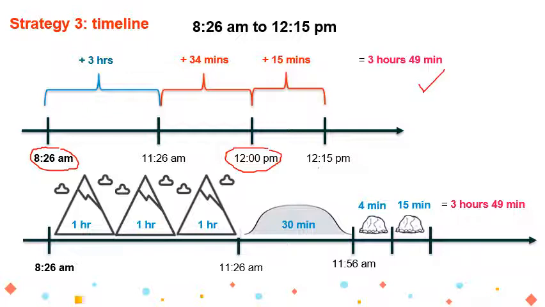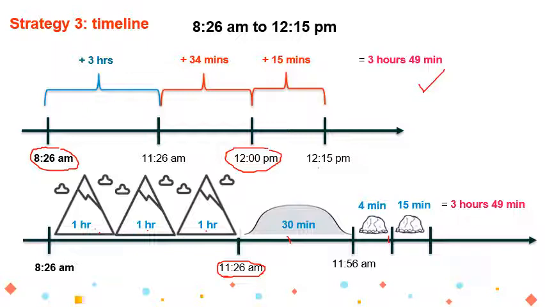This is a strategy I found on the internet. I haven't actually used it before, but it's called mountains, hills, and rocks. And it's just another way of thinking about units of time and how big they are in relation to one another. So for example, hours are our biggest unit of time in the day that we use. So here I've got 3 hours, 1, 2, 3 to get to 11:26 a.m. Then the key is that